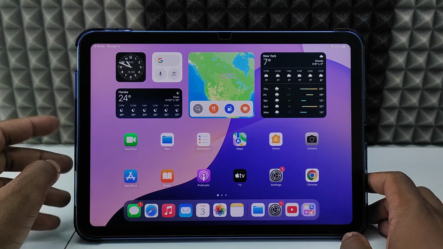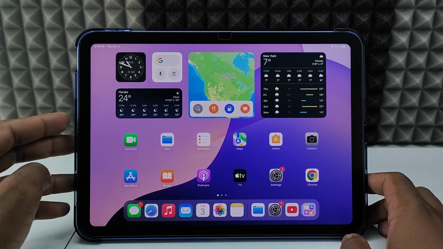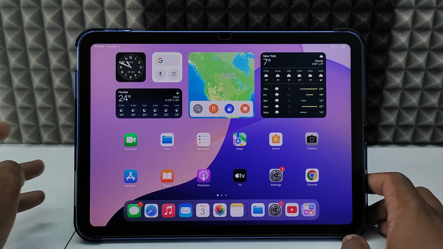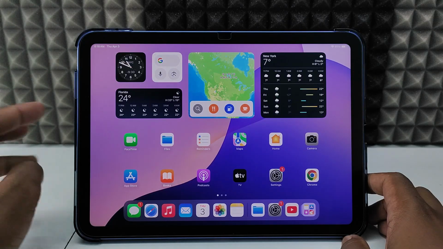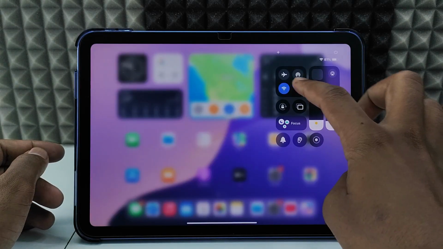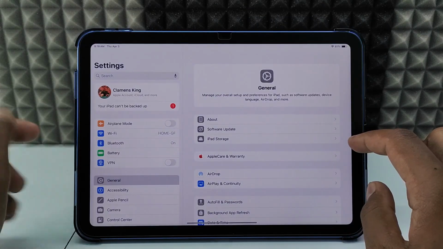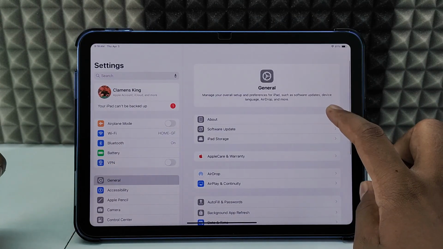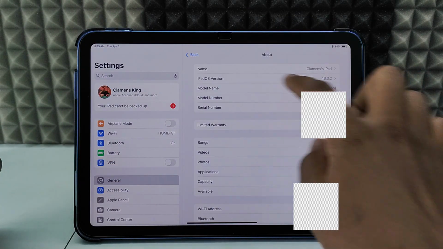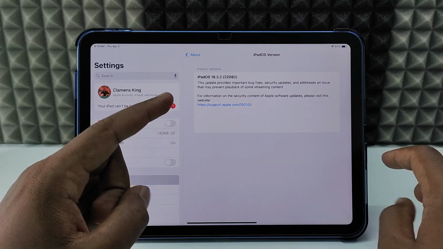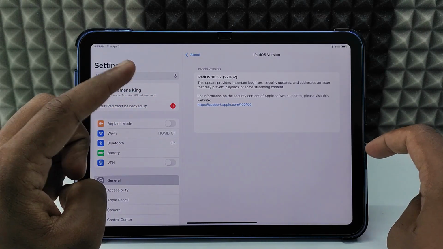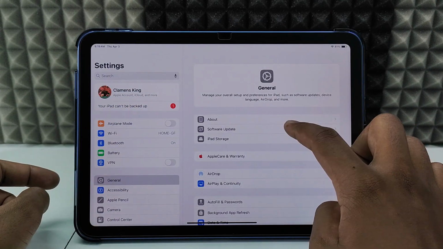If you want to update your iPad 10th generation to iPadOS 18.4 or something like that, make sure you connect it to the internet, then open Settings, General, and click About, iPadOS version. For me it's currently 18.3.2. Now open Software Update